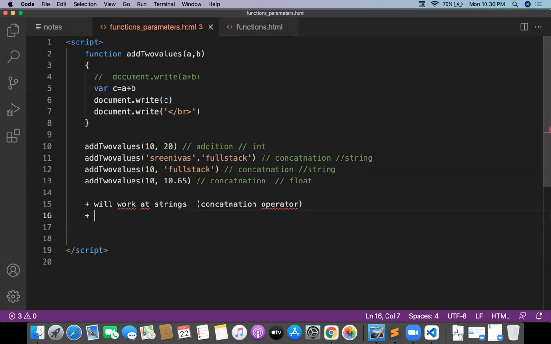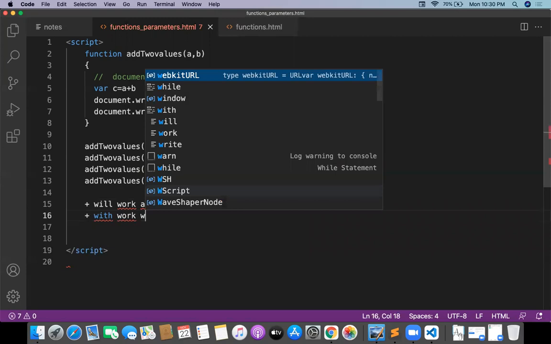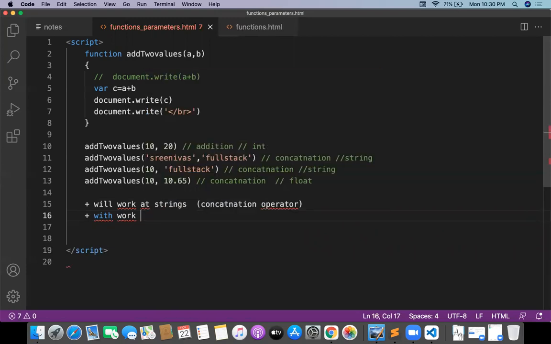And plus will work with numerical values, or numbers. It could be addition. So try to understand these two lines.